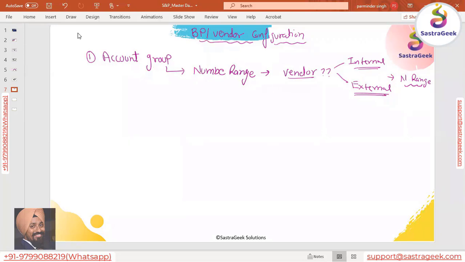So that we define against the account group. Against the account group, you also define your field selections.